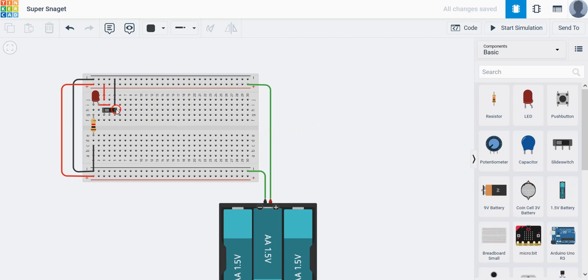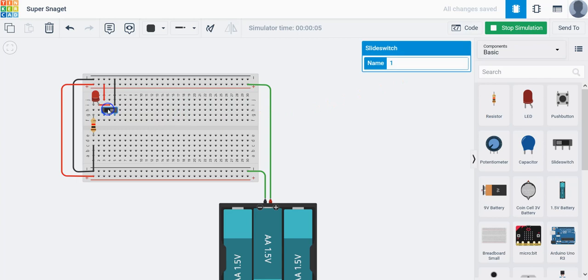Of course, you cannot switch the position of the switch until you start the simulation. So let's start the simulation just to verify that this works okay. As you see on this side, the LED lights up, and if I click on this to toggle it, then the LED is getting a ground signal, therefore it will be off, okay, like this. All right, now to continue the design, I have to stop the simulation,